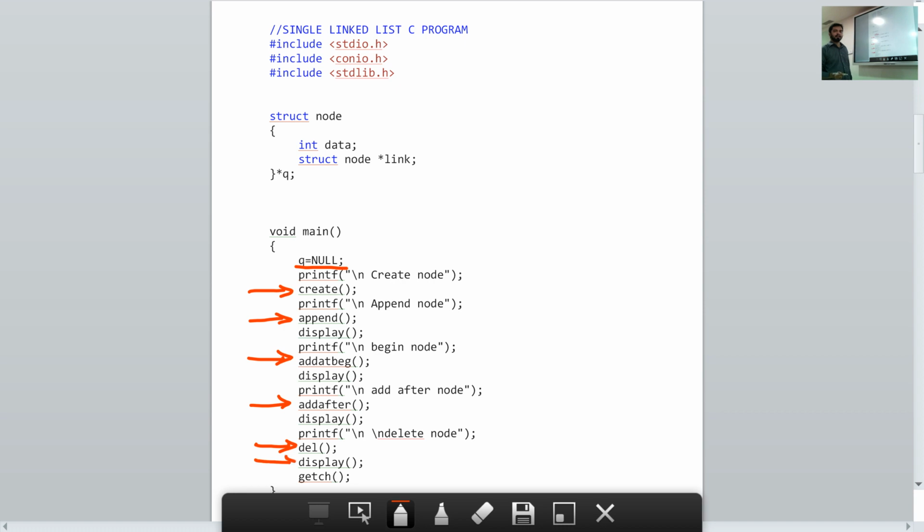And then we also have the display function, which will be used to display all the data present in our linked list. One by one we'll be going through all these operations that we can perform on a single linked list.